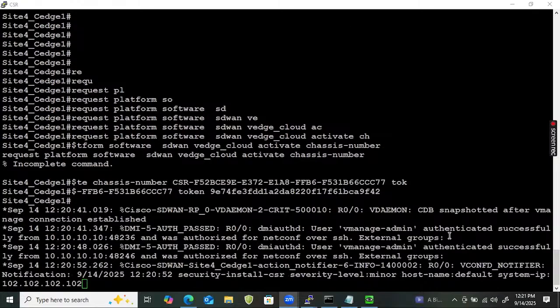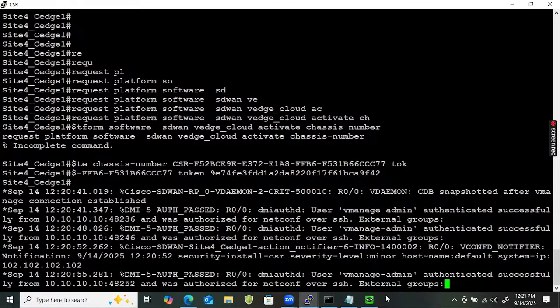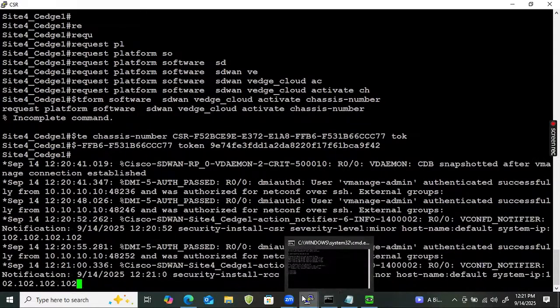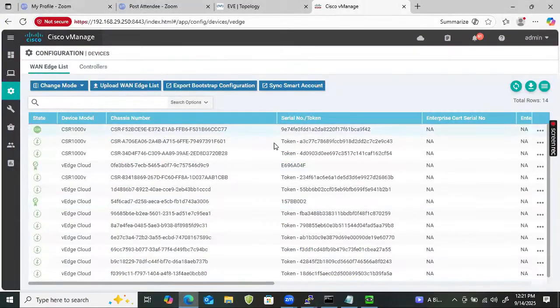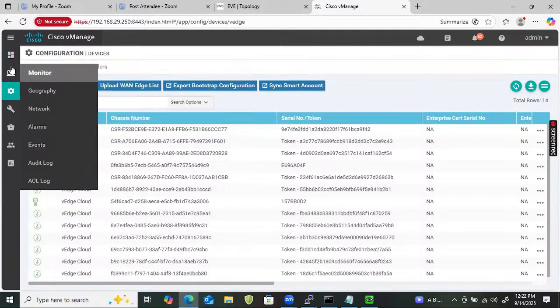Authenticated successful, guys. And now it is authorized. And if you are going to check on the vManage, the symbol is changed. Can you see? So now if you are going to check on the main dashboard, if you can see,